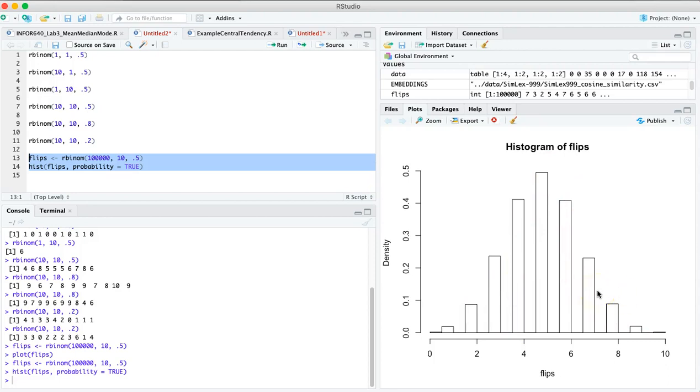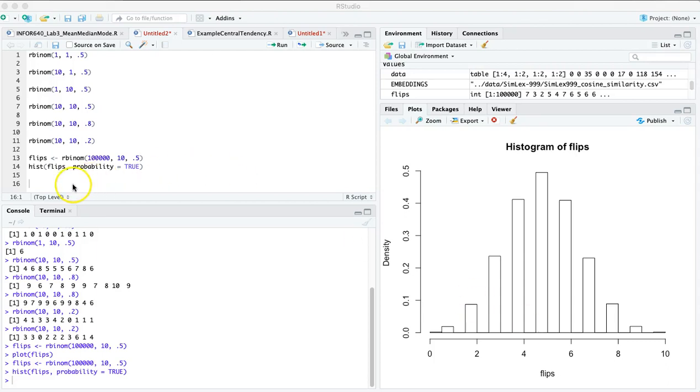So now that we've simulated our many outcomes, we want to try to figure out what is the probability of having exactly 5 heads in one of these trials, in one of these events. So I want to know what's the probability of having 5 heads and 5 tails out of my 10 flips. And it might not be quite what you expect. So we've already defined our flips up here. And I'm going to say when is flips